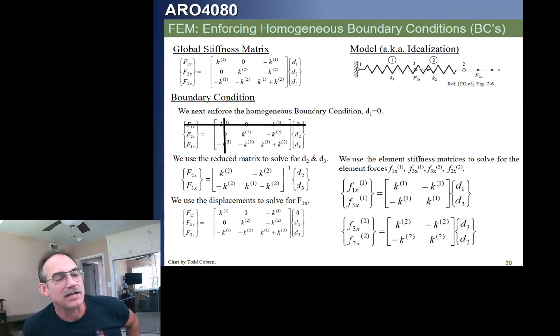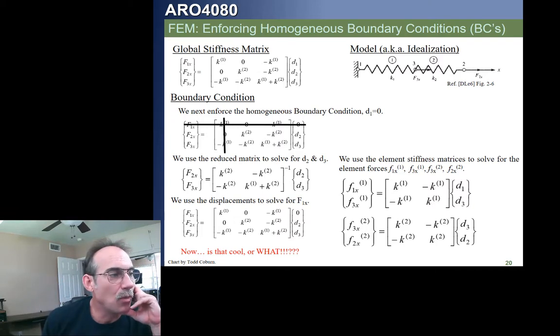We do that by going back to those two elemental stiffness matrices. That means we plug in D1 and D3 with K1 to get our forces at each end. These are our internal forces. This is the internal force in 1 at node 1 and at node 3. Now once again,